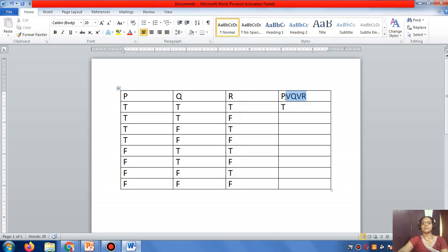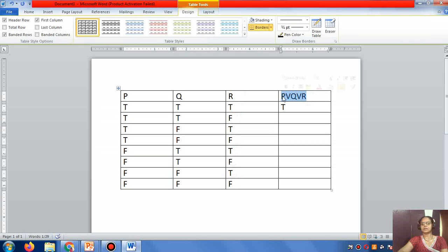Now make the disjunction here: P or Q or R. We have to use disjunction. If any of the propositions is true, the result is true. All are true, the result is true. P and Q are true, the result is true.